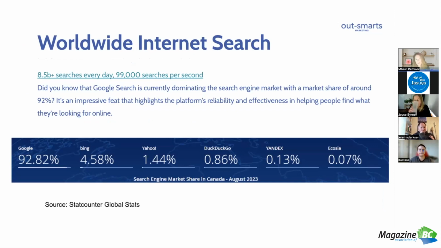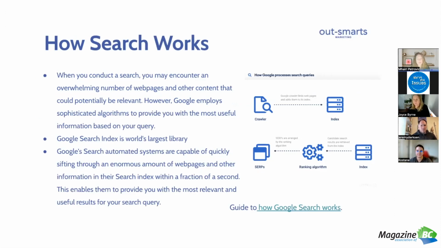The good thing to know is that the techniques that we are going to talk about today apply to the search engines like Yahoo or Yandex that aren't as well used, let's say. So covering the stuff that we're going to cover will cover all search engines. But obviously, it's got a focus on Google. It's also important to understand when thinking about SEO how search on the internet works. So what happens when you do a search?